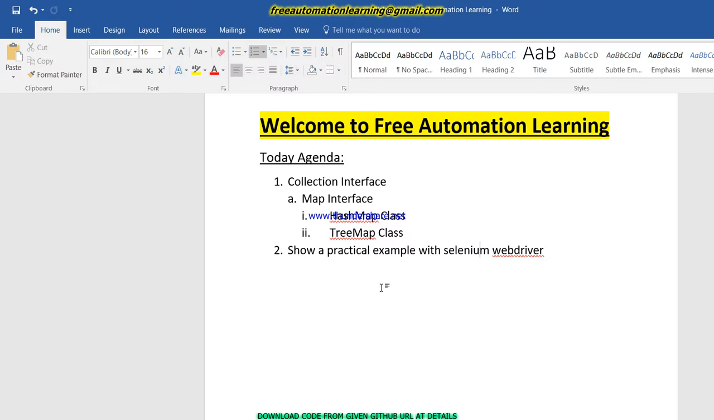So today we will continue with our collection interface, as we already discussed list interface and set interface. Now we are going to discuss map interface. For the map interface we are going to discuss HashMap class and TreeMap class and what is the difference between both of these classes, and then also I will show you how we can use this map interface with the